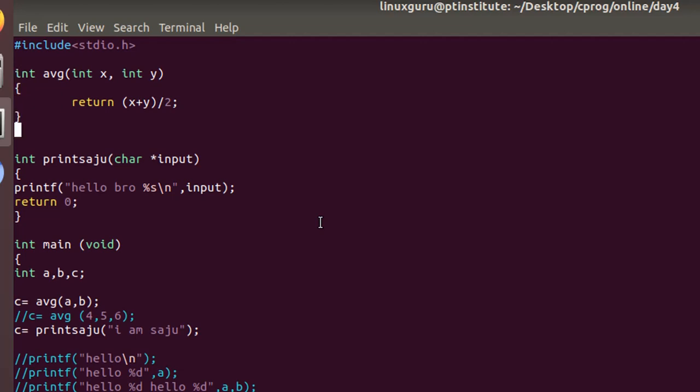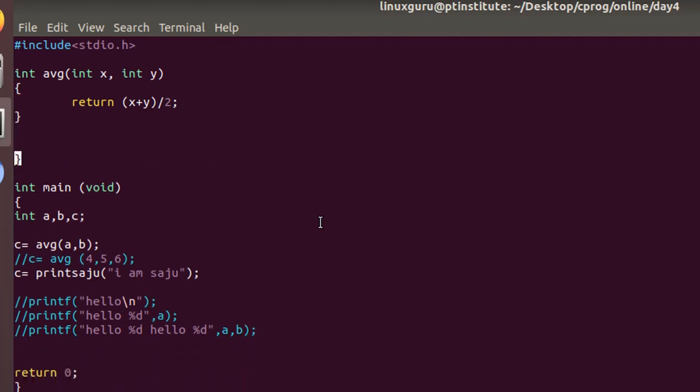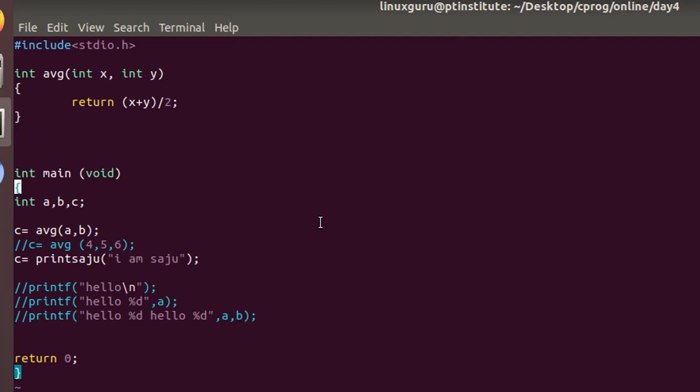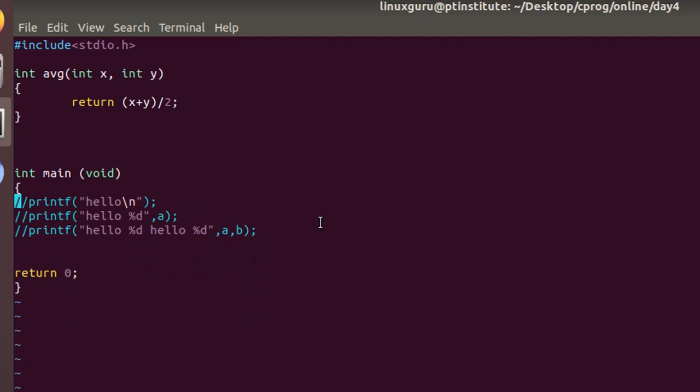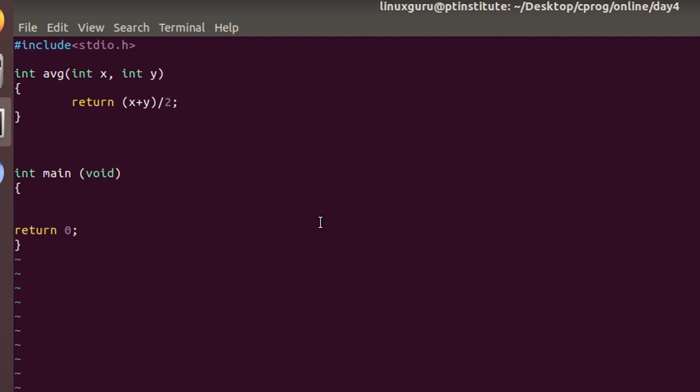So here, consider we are calling the average function.